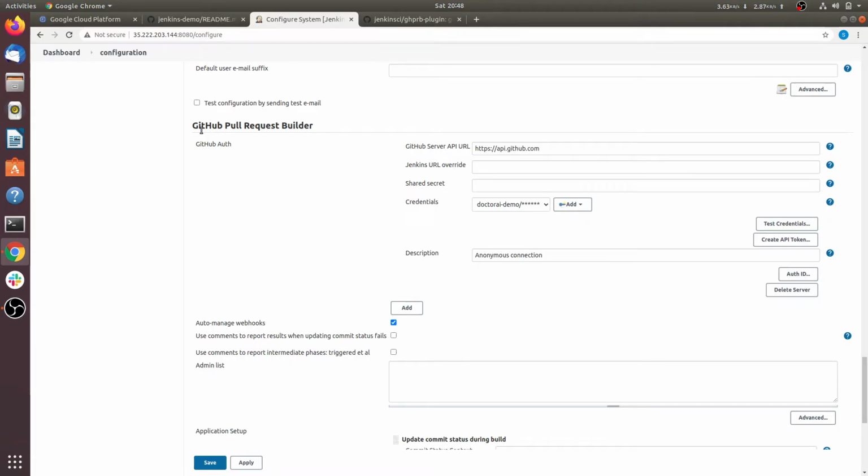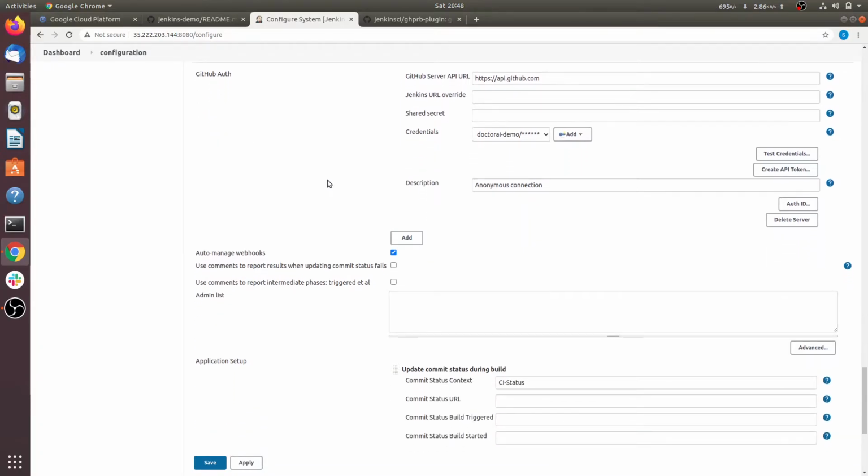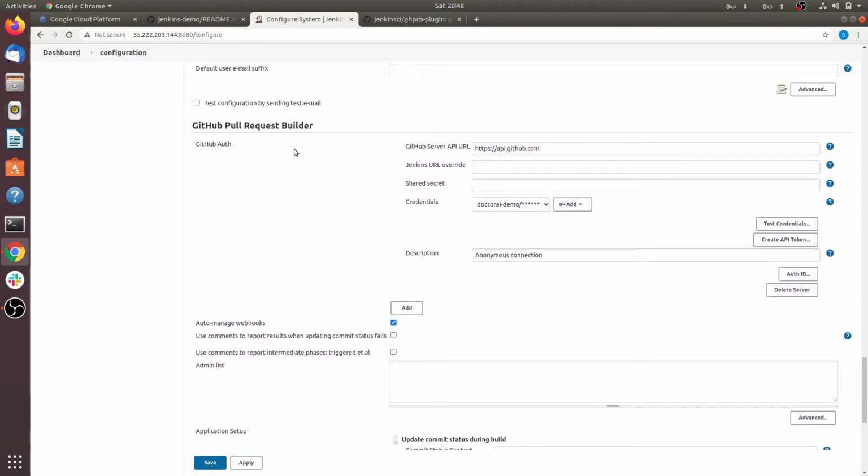Here you can find the GitHub pull request builder configuration. You have to provide the GitHub authorization. So whatever the fields here, GitHub server API URL, you have to define here, and you have to give a shared secret. So where do we create this shared secret?